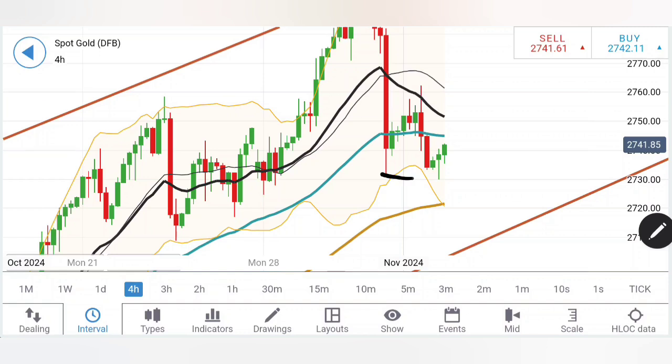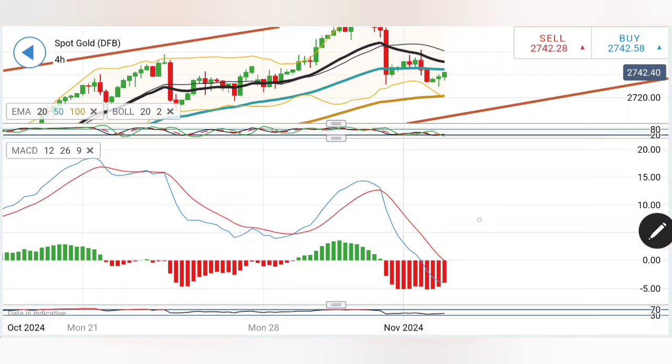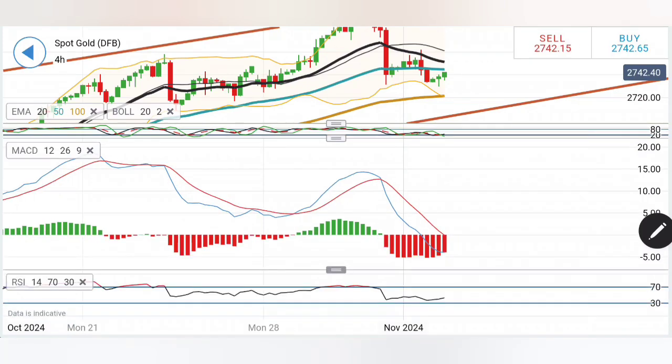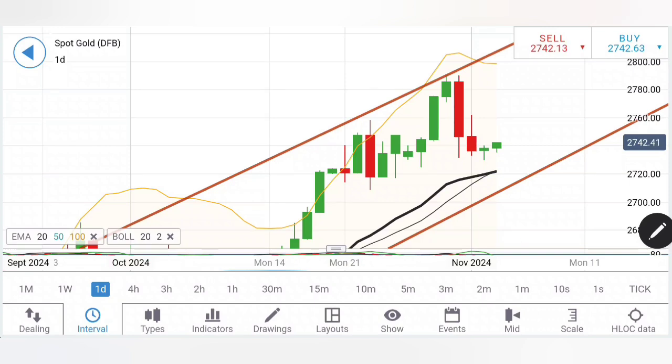What I am observing here is a double bottom. What we are looking at here is lower lows, and thus the possibility of a move towards the 2755 or 2760 zone also exists strongly. Stochastic is rising from the oversold zone, MACD is trading bearish, waiting for it to converge and cross over. RSI is also rising. Coming to the day now,